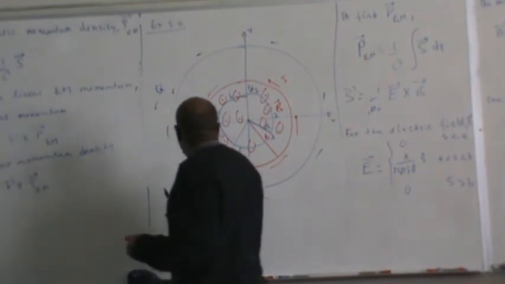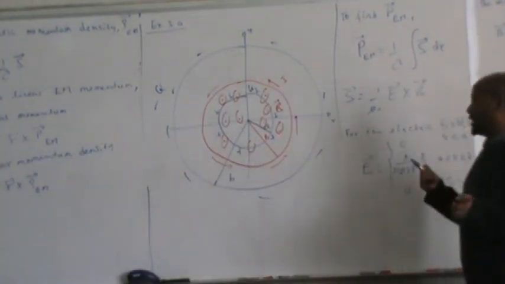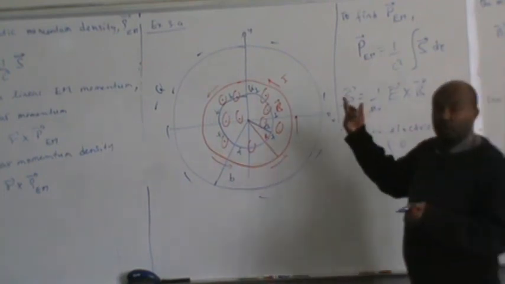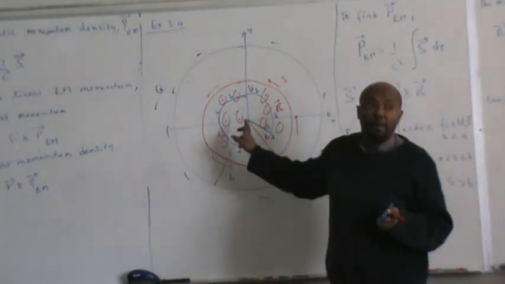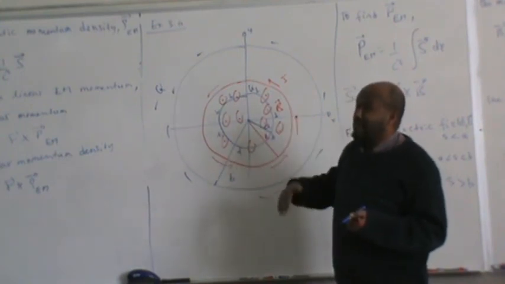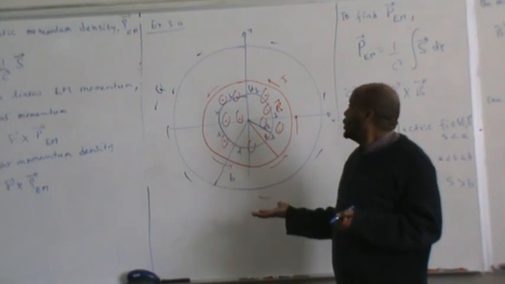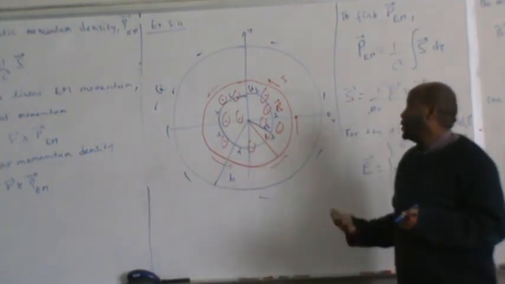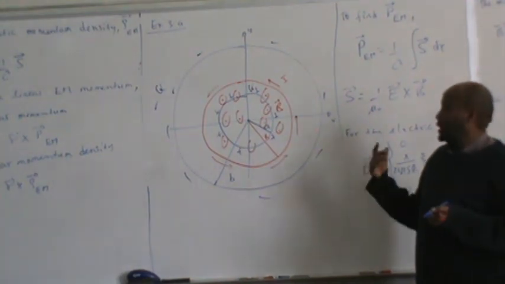Okay, so to find the force, first let's see what's happening here. When you cut down the current, basically you cut down the magnetic field, right? So when you cut down the magnetic field, you cut down the flux. When you cut down the flux, you induce the voltage. And the induced voltage